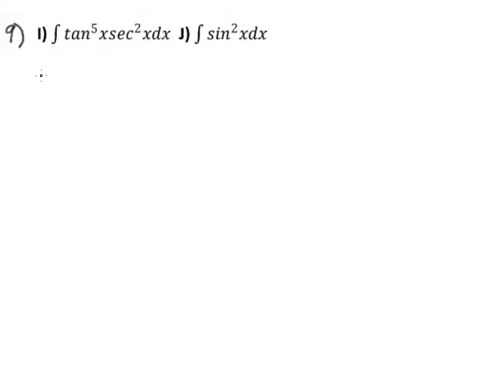Okay, 2 more integrals. 9I. When we look at this combination, we should immediately say to ourselves, well, the derivative of tangent is secant squared. So what I have here is secant squared x dx. And so I have a derivative here, and here I have the function whose derivative is secant squared, that is tangent. I have tangent x